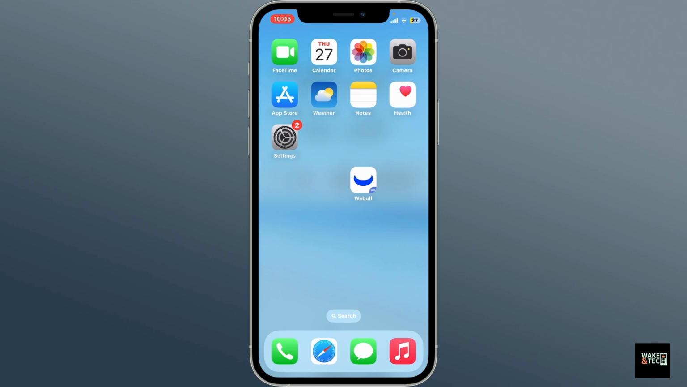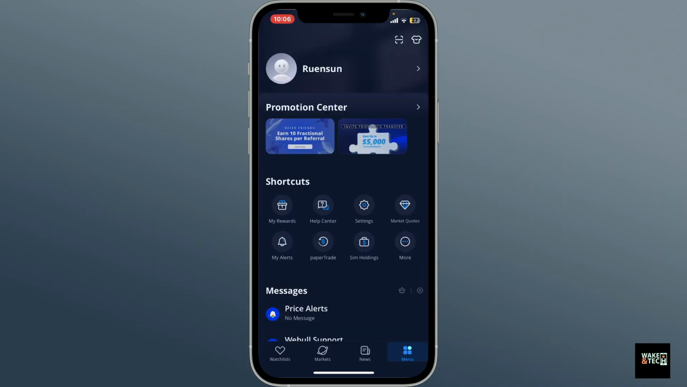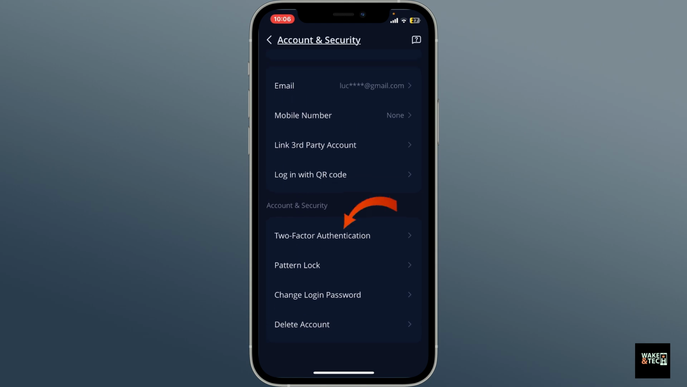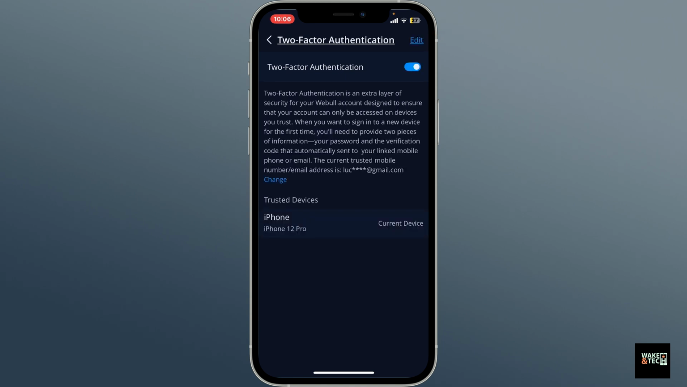open the Webull application on your device and log in. Once you're logged into your account, tap on the menu button at the bottom right corner. From the menu options, go ahead and tap on your name or your nickname at the top. On the next page, scroll down and tap on Two-Factor Authentication. Now, toggle the switch on right next to two-factor authentication, and then you'll be able to enable two-factor authentication for